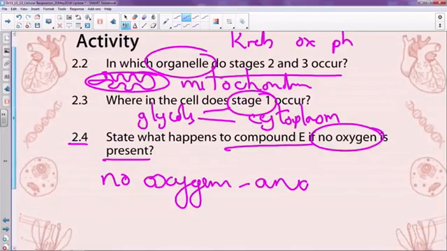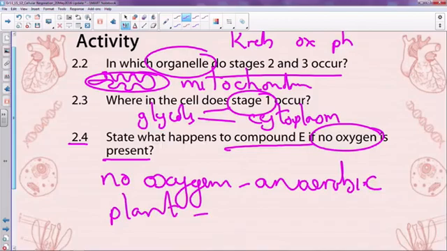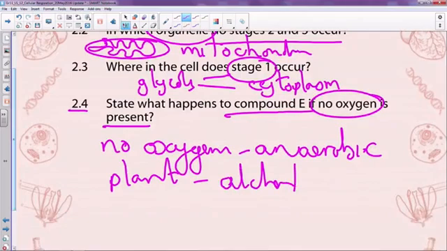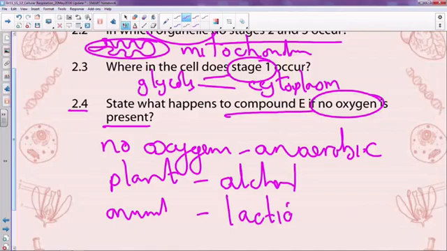anaerobic respiration it will use the pyruvic acid molecule, and it will produce, in plant cells, what is called alcoholic fermentation, so it's going to be alcohol or ethanol, and in an animal cell it will undergo a process known as lactic acid fermentation. So it will produce lactic acid in an animal cell. So that is what we're going to be doing next week, but I've just thought that I could put that